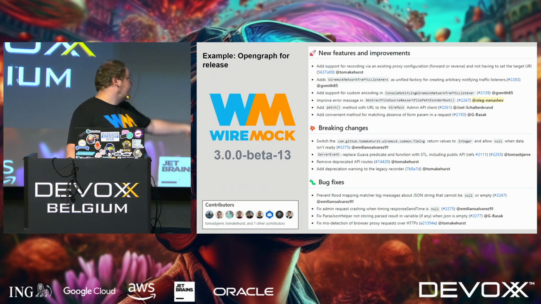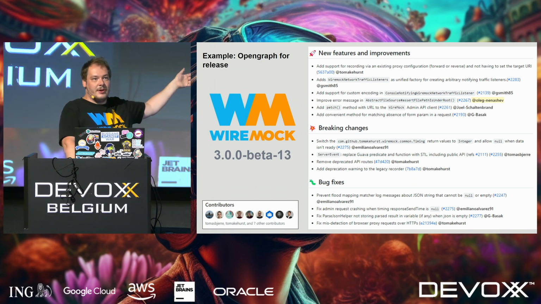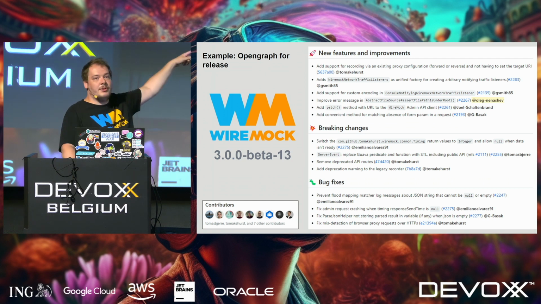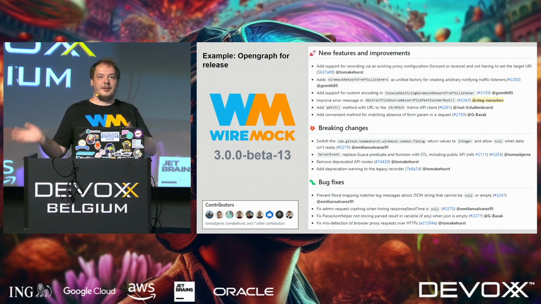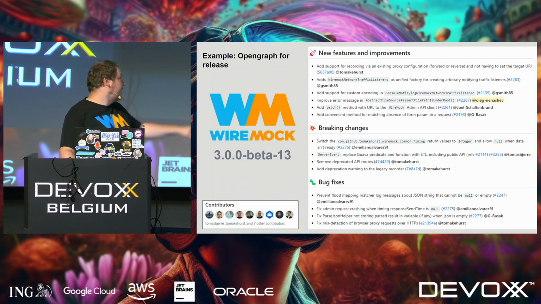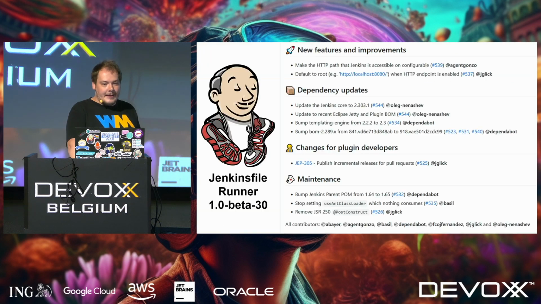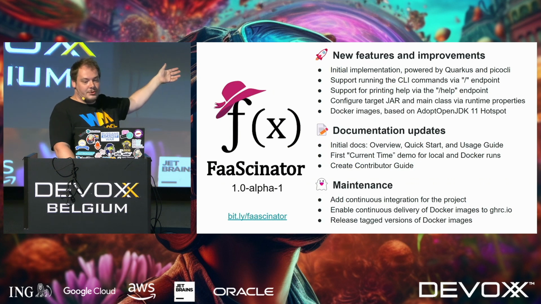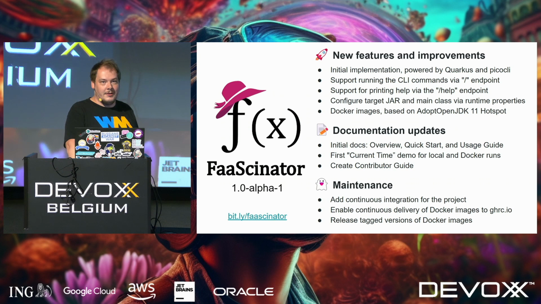So yeah, these are all changelogs generated by release drafter. All sources are open source, so you can copy them and reuse them. Actually, even this image is being generated by code because there is a tool that takes Markdown and generates an image from that. So I take the changelog and inject everything in a fancy way. Same, for example, for Jenkinsfile Runner, it's another project. It's also fully generated. I have a pet project for a Java fast engine, and this is also a changelog generated